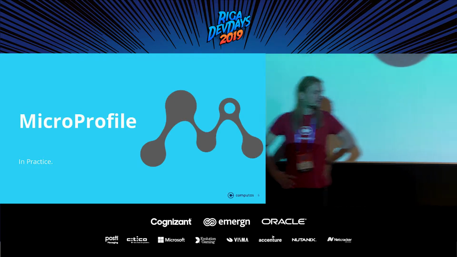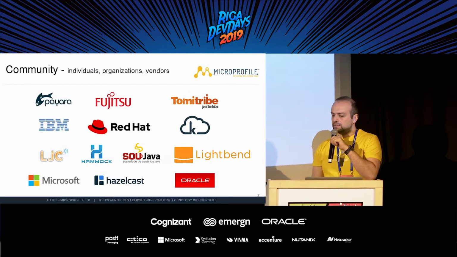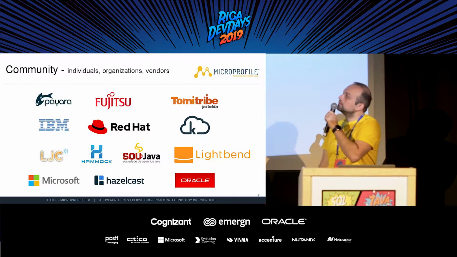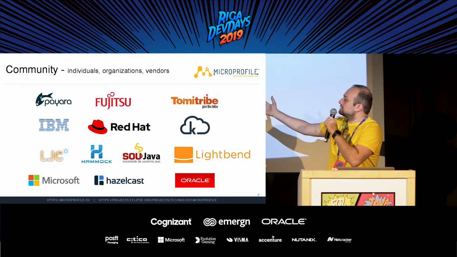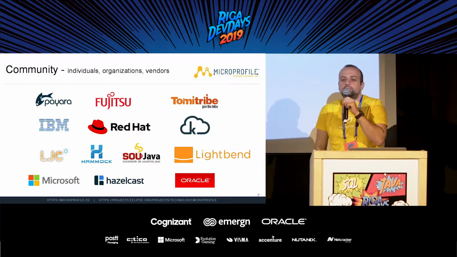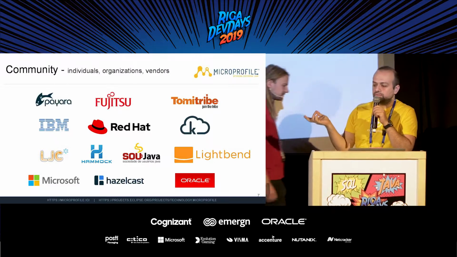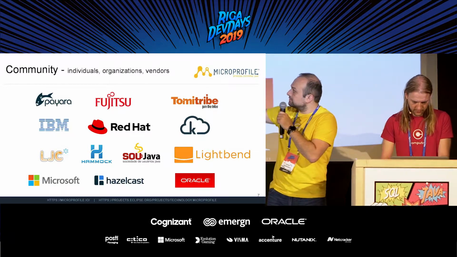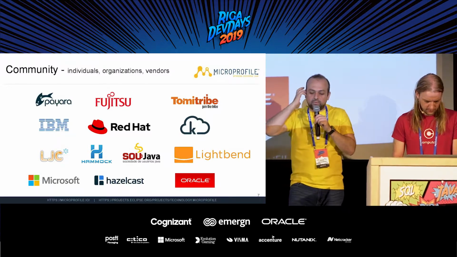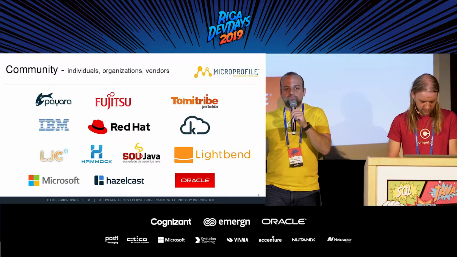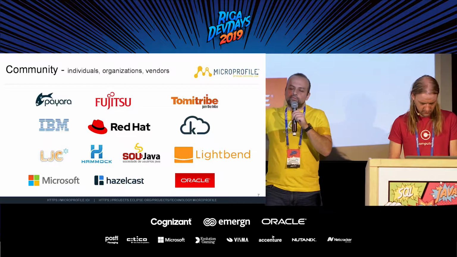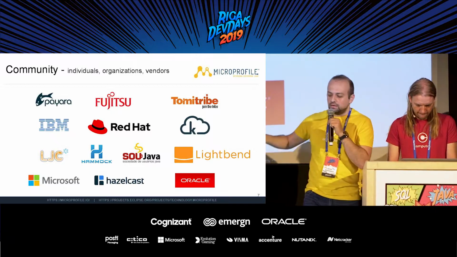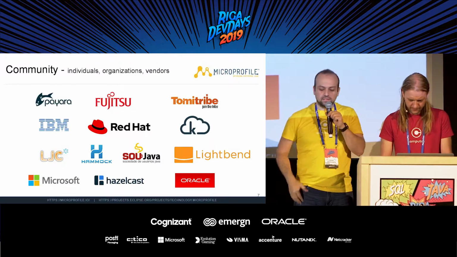There are a lot of companies supporting it, so there is quite a big community. You might recognize quite a few of the logos from before. Big known companies are behind it, and there are a little bit lesser known companies and even Java user groups. This is the London Java Community there. So the community is pretty well established, and they support MicroProfile in different ways. Some create their own application servers, and some just spend time supporting and fixing bugs and things like that.